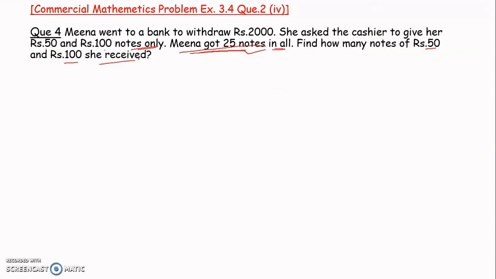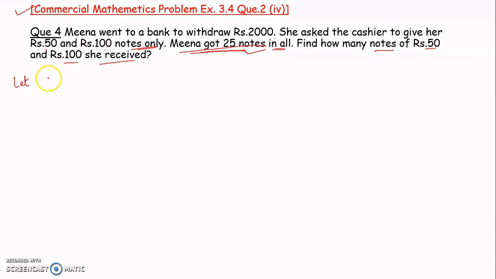So this type of problems are known as commercial mathematical problems. In commercial mathematics, you may get a problem like this, or it may be a problem related to simple interest or compound interest like this also. So let's see this question. Here we have to find how many notes of 50 rupees and 100 rupees she received. So we will take